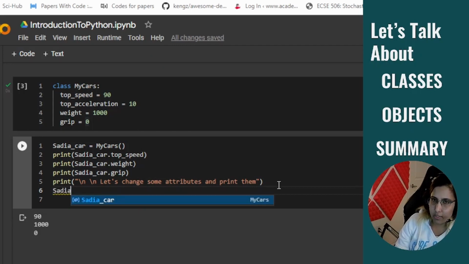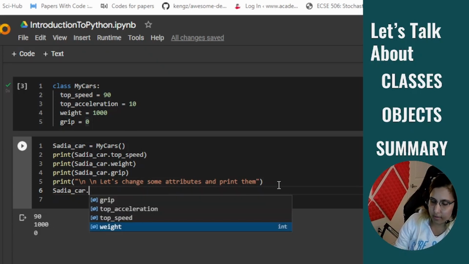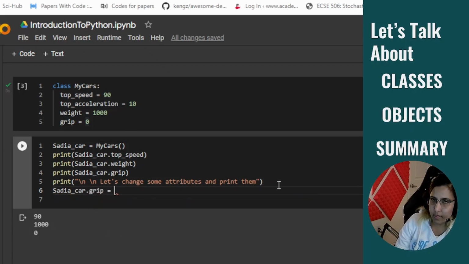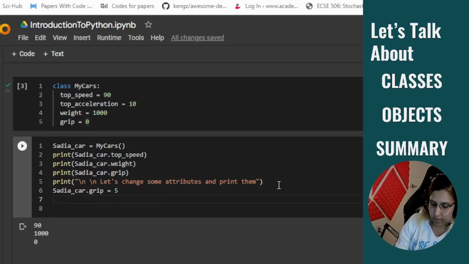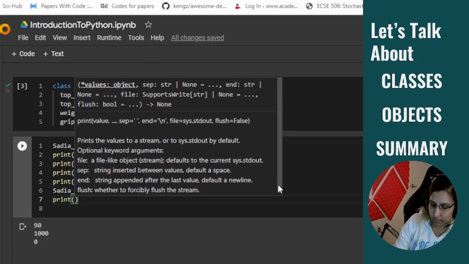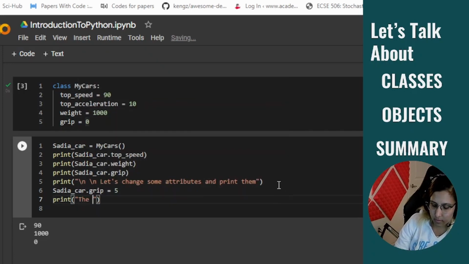What if we want to change some attributes here? For example, I don't like the grip. The grip is so bad on this car. I want to change the grip. I can say Sadia's car.grip and I can assign a new value to it. Let's give it at least grip 5. I don't like the 0 grip. And after that, if I print it, the new grip of Sadia's car is,